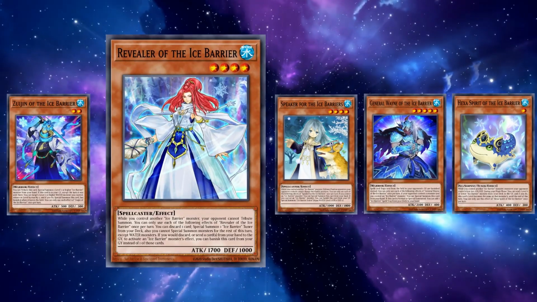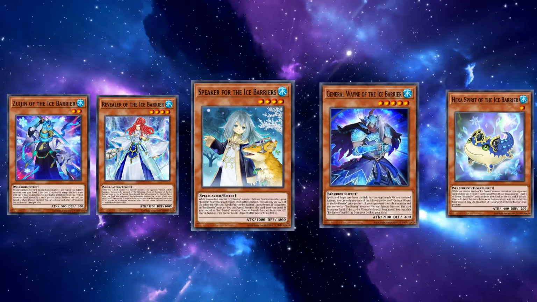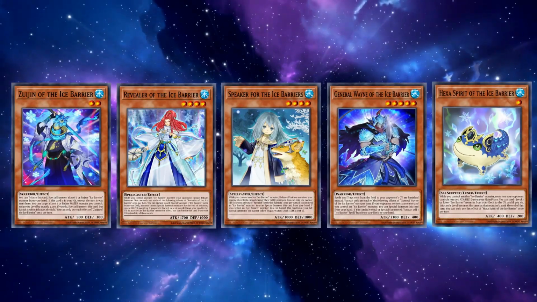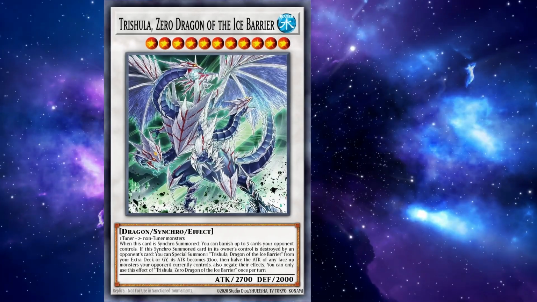Revealer was the starter the deck needed, special summoning monsters from the deck for your plays, while cards like Speaker, Wayne, and Hexa were extenders, supplying extra resources for your plays. They even had bonus floodgate effects while they were on the field. All of this was supposed to be used to bring out their newest boss monster, Trishula, Zero Dragon of the